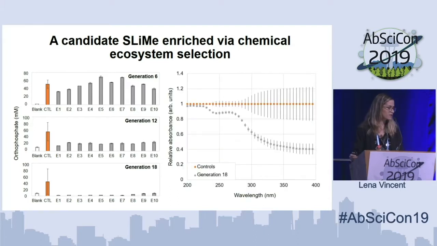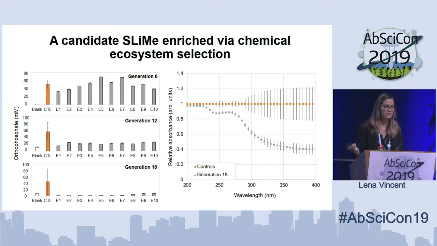Another thing that we measure is how much light is absorbed by that bulk solution at the end of a generation, as a proxy for how many light-absorbing compounds, including some of the organics that we have in our solution, remain after such incubations. What we find is that vials or reaction vessels that have a long history of transfer, in this case 18, have significantly lower absorbance than our control set. And we infer that to mean that some of the light-absorbing compounds, including the organics, have been depleted from the solution in some way.